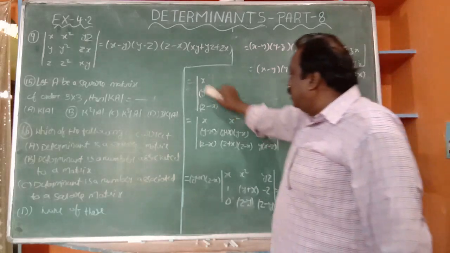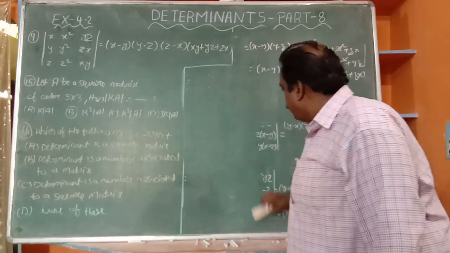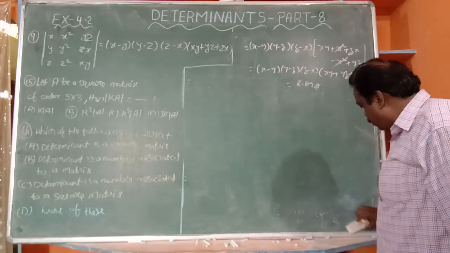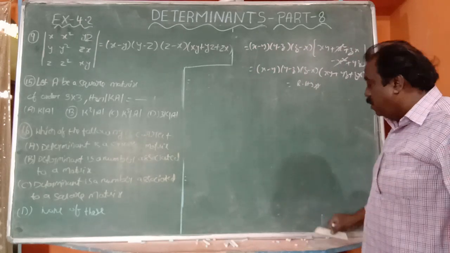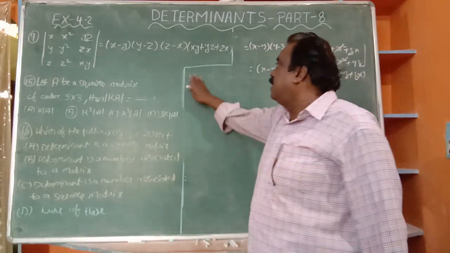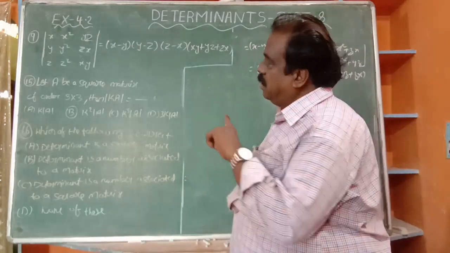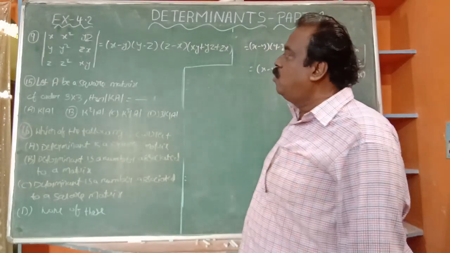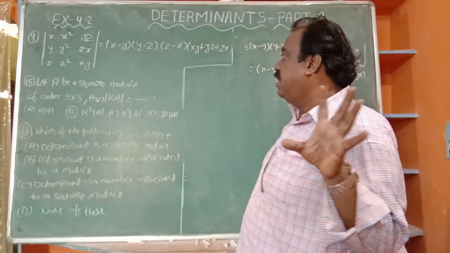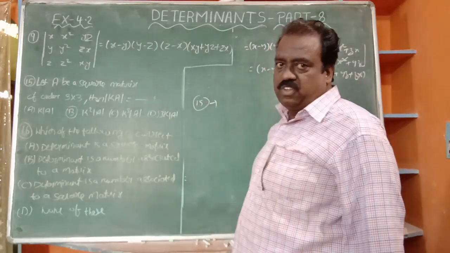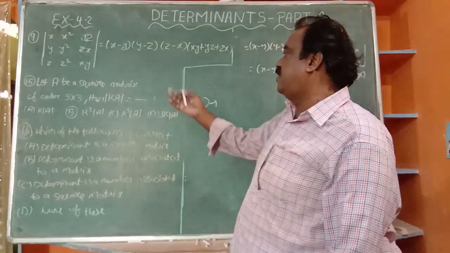I think it is clear. I want to finish in this video. Already I told you the 10th problem is over and 11, 12, 13, 14 are over. Those problems are important. Now we are going to objective type questions. It's very simple by definition.